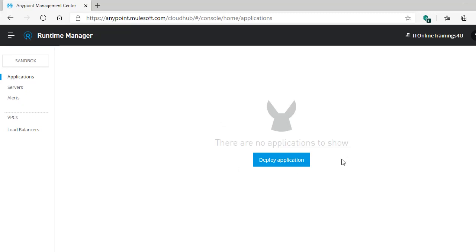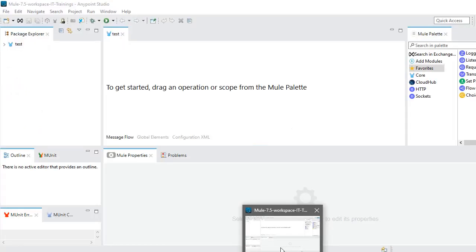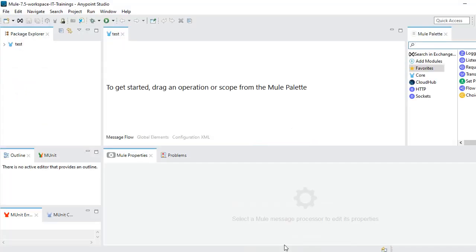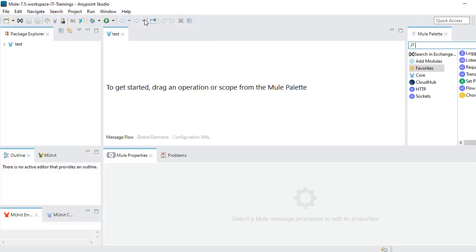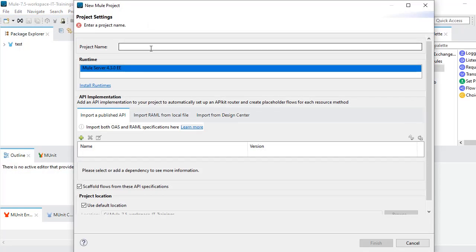Okay, let's start this project from scratch. To do that, we need to create one new application. I'm creating this application from scratch to help you understand better. So I have just created a new project.